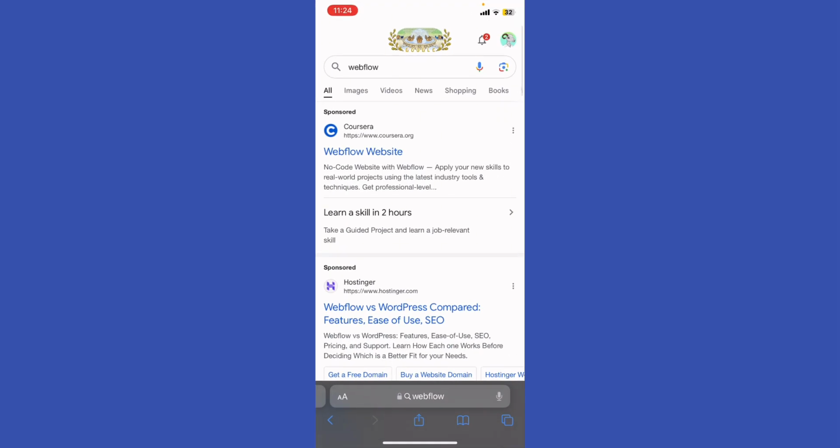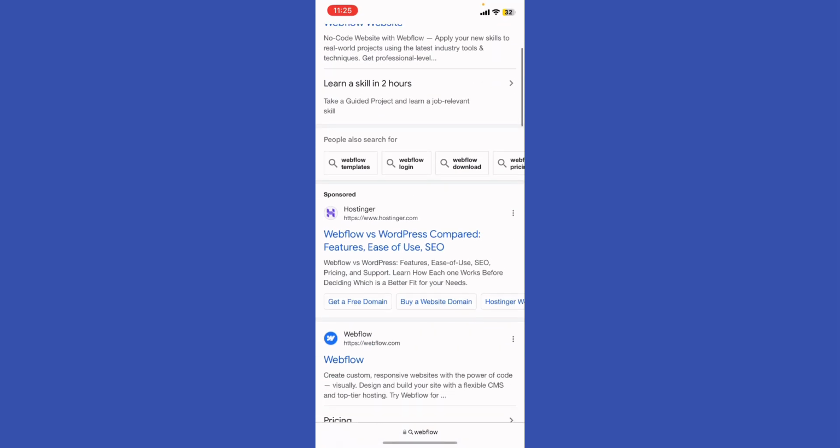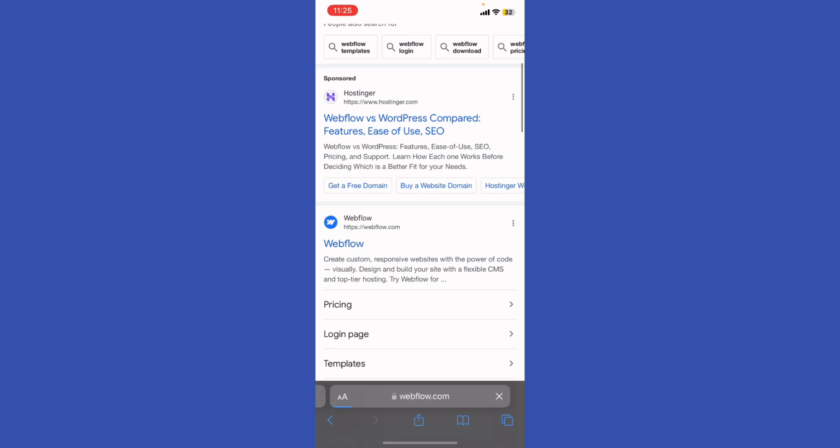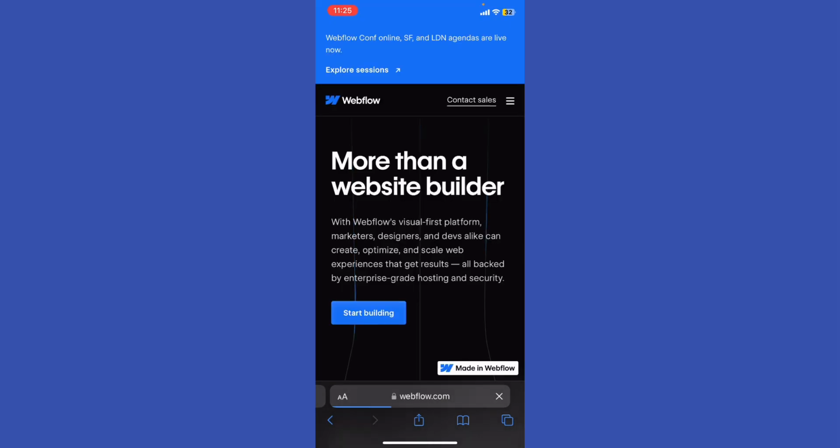So first of all, open up the Webflow website and sign up with a new account. After login, click on new project and then start a new website. Choose a template that suits your needs or start with a blank canvas, and then use the drag and drop interface